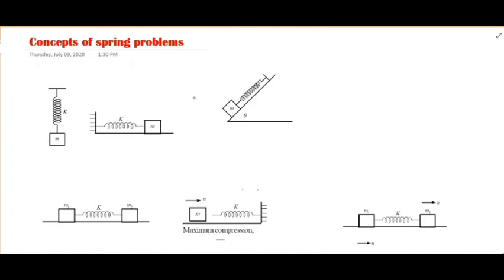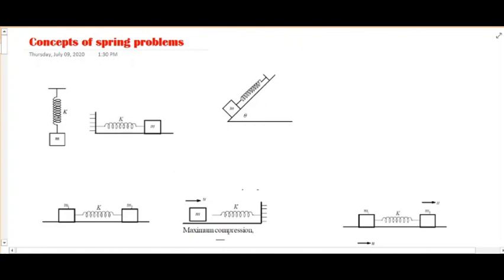And the time period of a loaded spring, general formula, T is equal to 2 pi into square root of m by k. So in different situations, if a number of spring constants are connected, there is a general procedure, but that general procedure is somewhat lengthy. By using one short trick, we can derive the time period of a loaded spring in 1 or 2 steps. Okay, now concepts of spring problems.